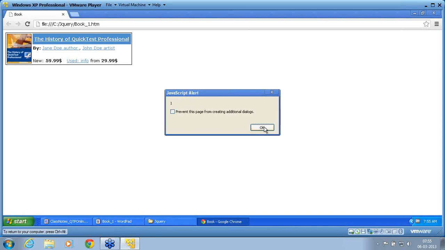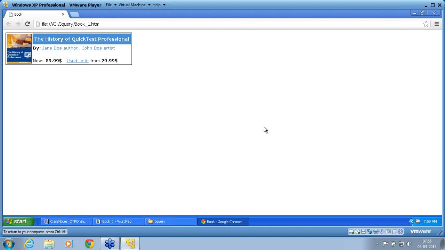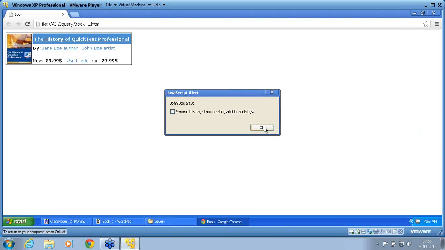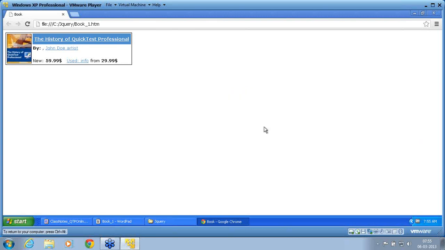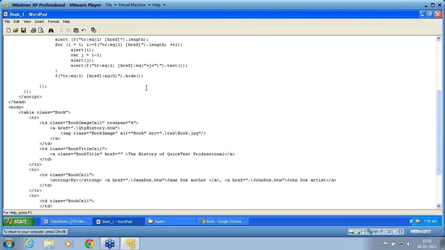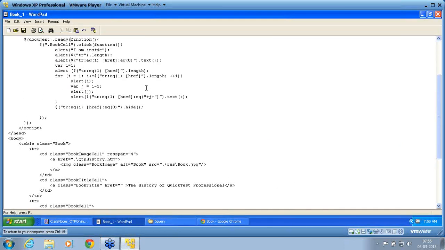In that, the first author is used, 0 is the element, and this is the 0th element author. Again, now it is the second author count, first author element, and this is the first author. You can see how it manages that operation.